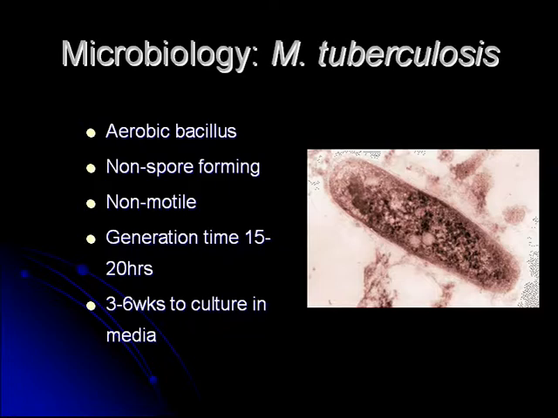When you look at the characteristics of this mycobacterium, if you read about it, you wouldn't think that it's particularly virulent or particularly damaging. It's this innocuous looking bug that doesn't really grow that fast. It's non-motile, non-spore forming. It requires oxygen to survive, and it takes about 15 to 20 hours for a generation time. And just to compare, E. coli generation time is 20 minutes. So when you go to culture this, it takes a long time, and you have to use special media. And the cultures usually take anywhere between 3 to 6 weeks.